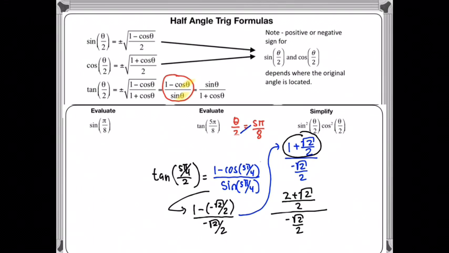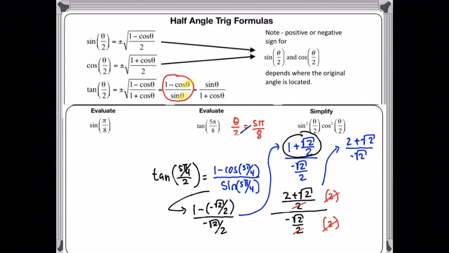Okay, so now let's go ahead and get rid of these fractions here. There's a bunch of different ways that you could do this out, but I'm going to multiply the top and the bottom by a 2 here. And so those will cancel out with that and that. Okay, and we are going to end up with a 2 plus square